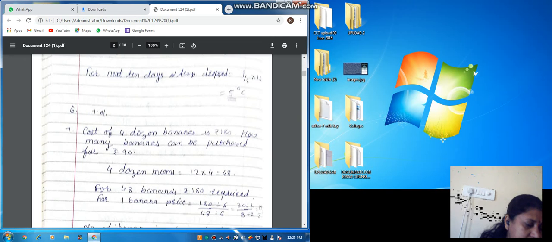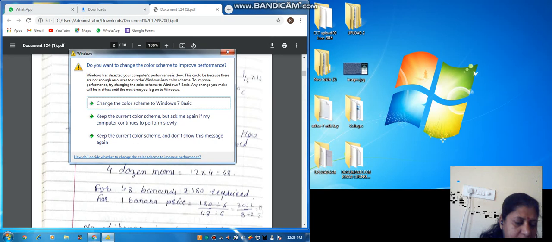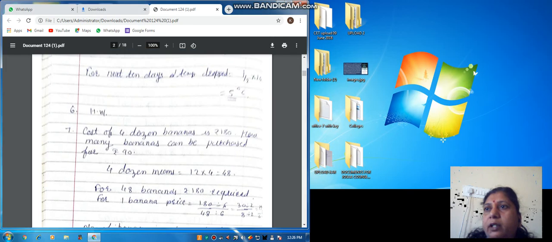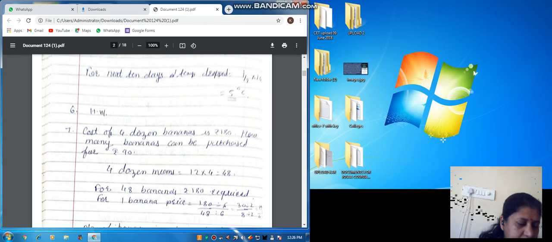Fine. Chinmayi pays rupees 15,000 as rent for 3 months. How much does she have to pay for a whole year if the rent per month remains the same? Now see here, for 3 months she has to pay 15,000. For 1 month she has to pay 5,000. And now we have to calculate for the whole year. So in 1 year how many months are there? 12. So you have to multiply 5,000 by 12. Get it? Okay, so let's see the seventh example.